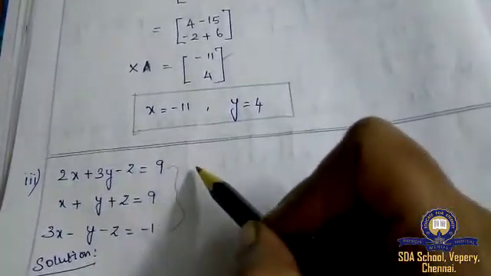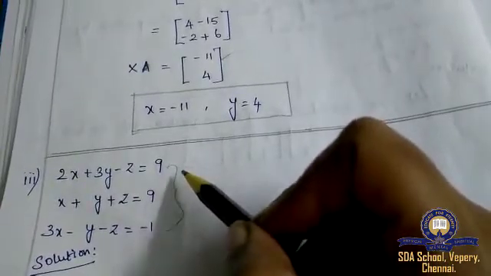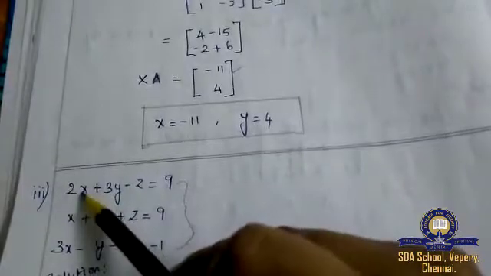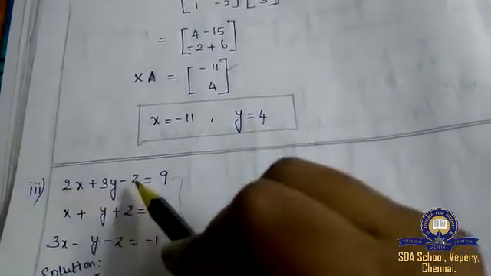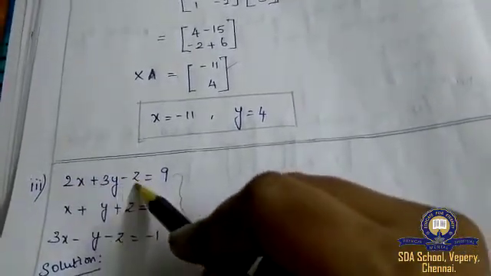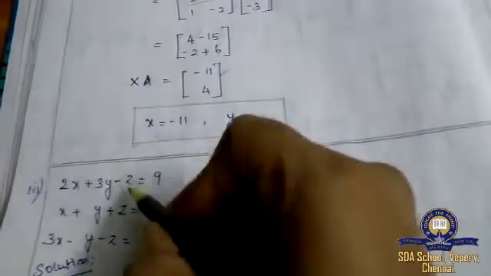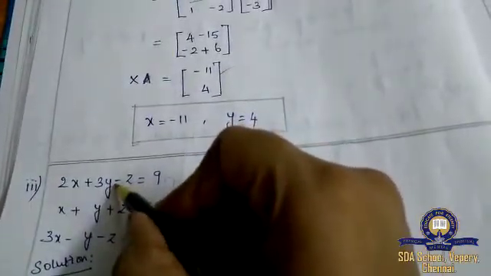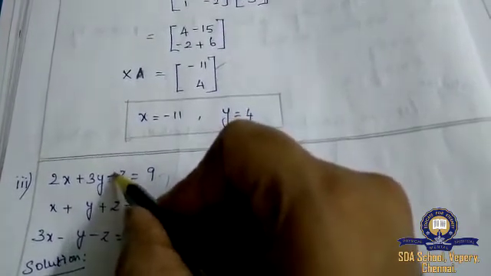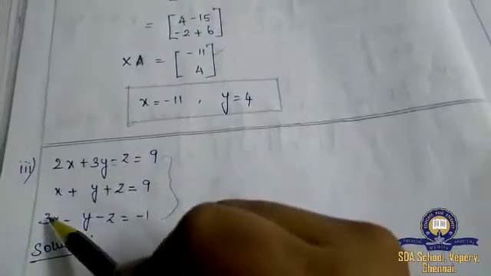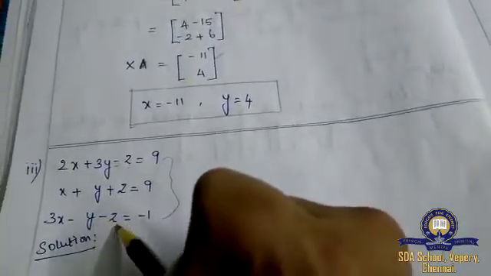So what is the first step? What do we need to do? We have to arrange it in matrix form. So what is your x coefficient? 2, and y is 3, and z is what? Z is not 1, actually it is minus 1, because you have to see this symbol also. So minus means you have to write it as minus 1, and here it will be 1 1 1. This will get 3 minus 1 minus 1, which is equal to minus 1. So you have written here.